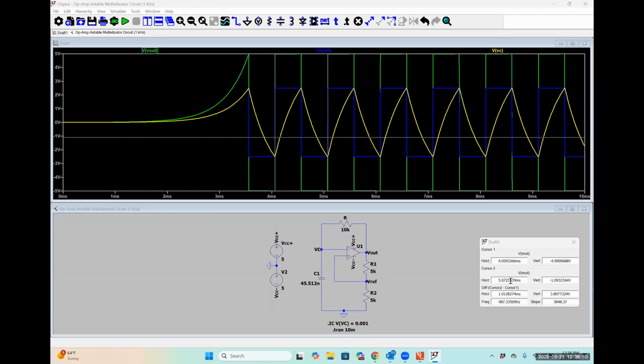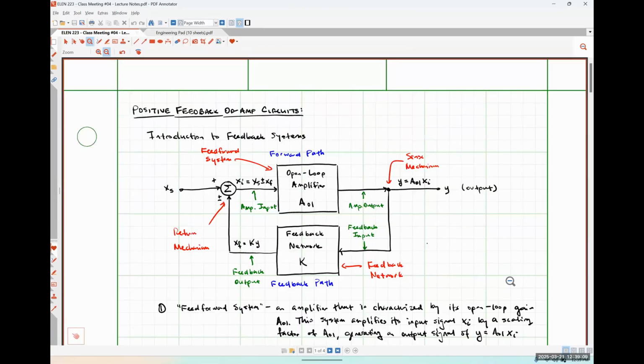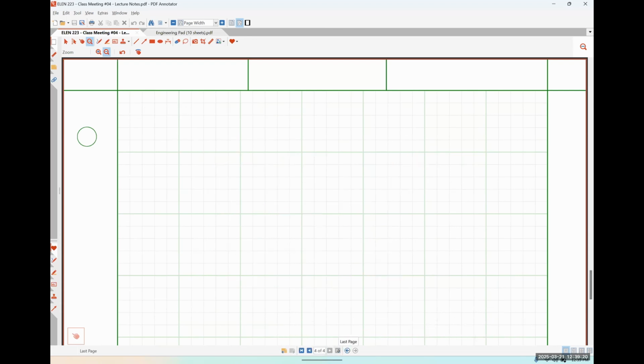So now let's redraw this circuit on our notes and then talk about how we could design a circuit like this for a specific frequency. Okay, so these are going to be added to the end of the positive feedback notes that are currently on Canvas, so I'll take those down and re-upload these since this is still talking about positive feedback circuits. So here on our very last page, if I can find my notes, we're going to talk about our